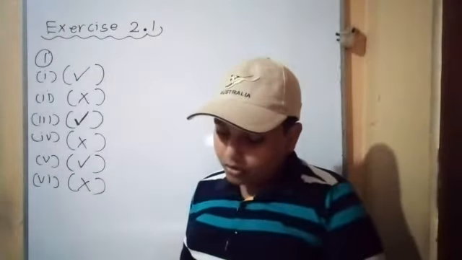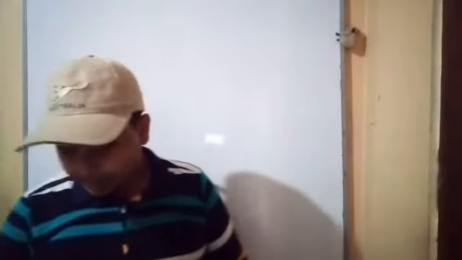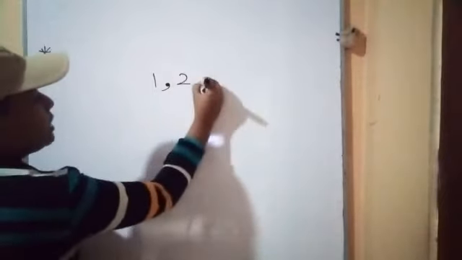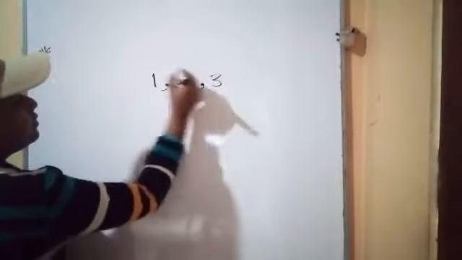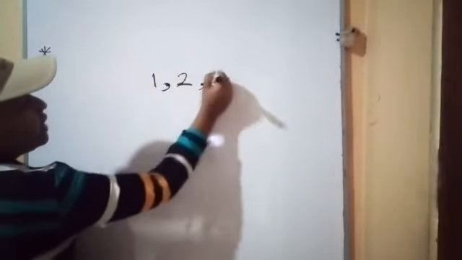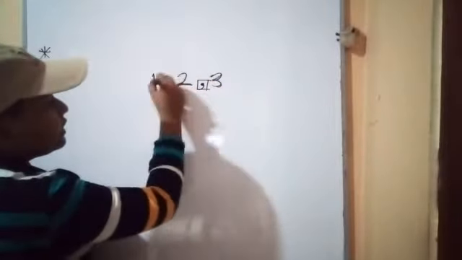Now 2.2, the topic writing a set. This is very important, writing a set. Right? Now writing a set. There is a subtopic, writing a set by listing the elements of the set within curly brackets. What is that? Within curly brackets. A set can be expressed by writing the numbers of the set separated by commas. 1, 2, 3. Like that, no?